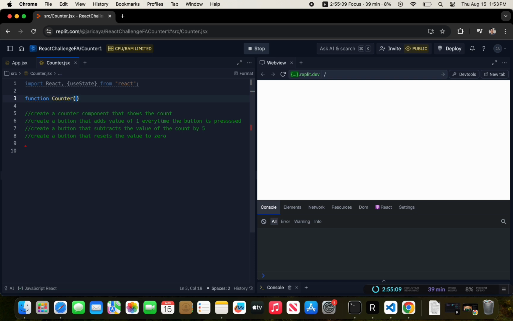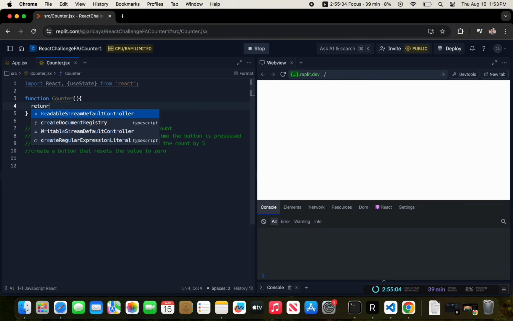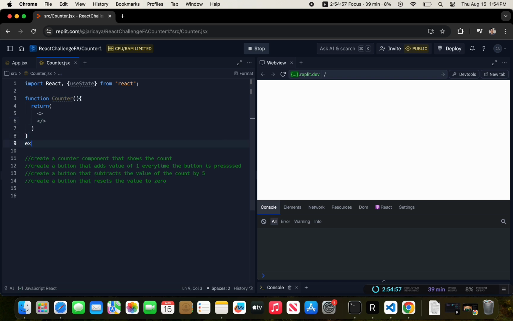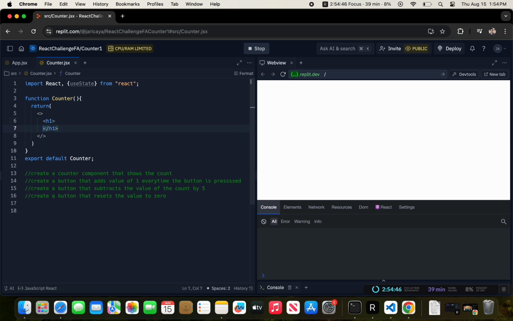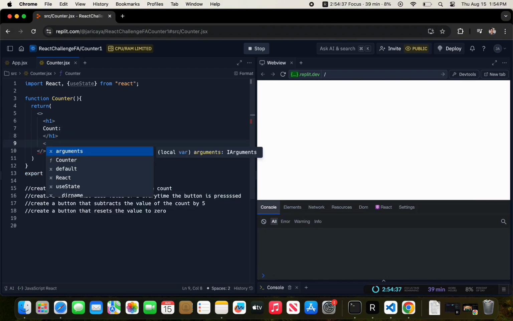page. So here we are creating the function counter, or the function that has a name counter. Every time we call that function, it will return the results that we want. And here we're just exporting it to the page. Now we are creating an H1 for our counter label. And then